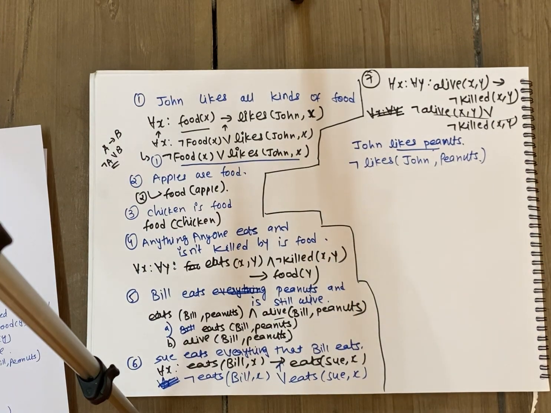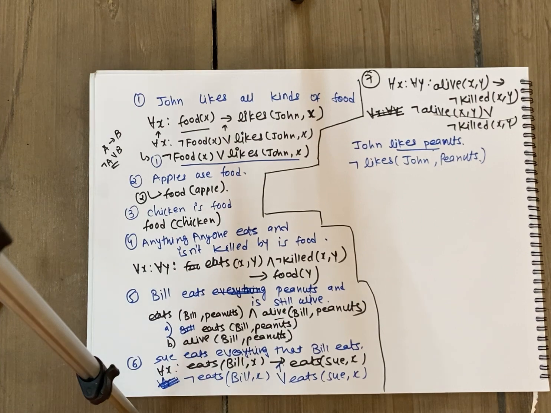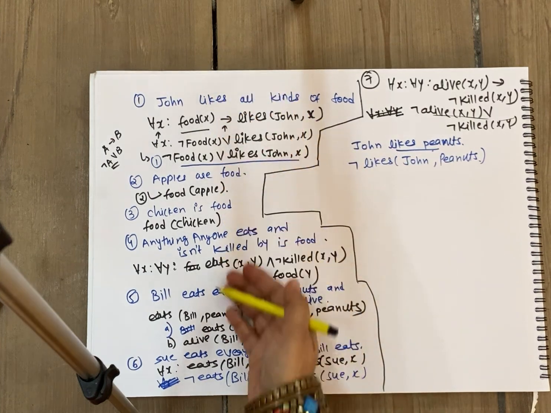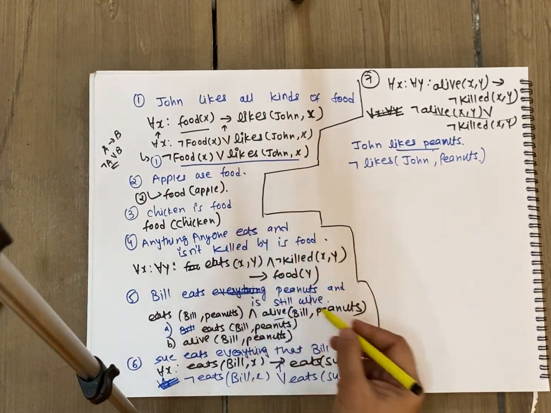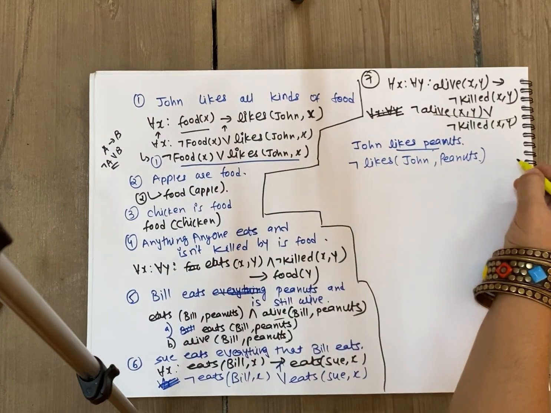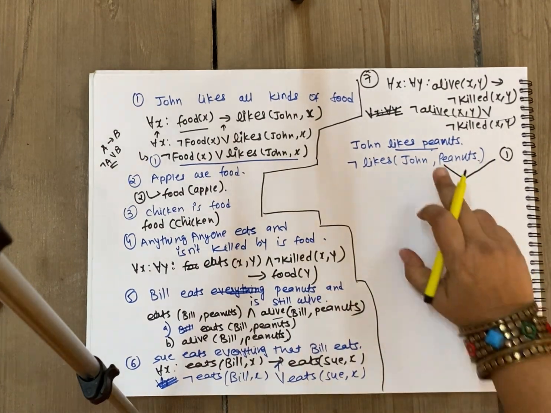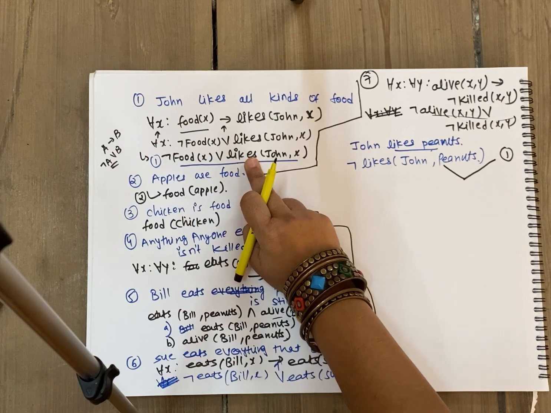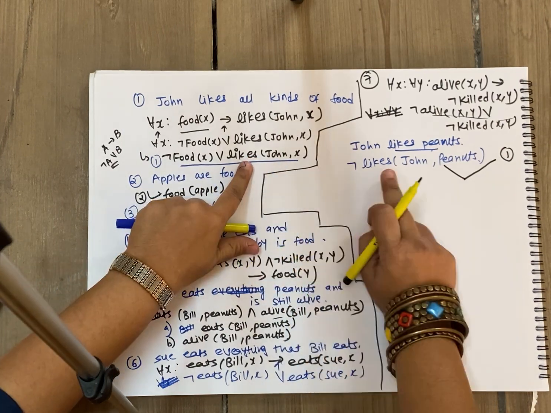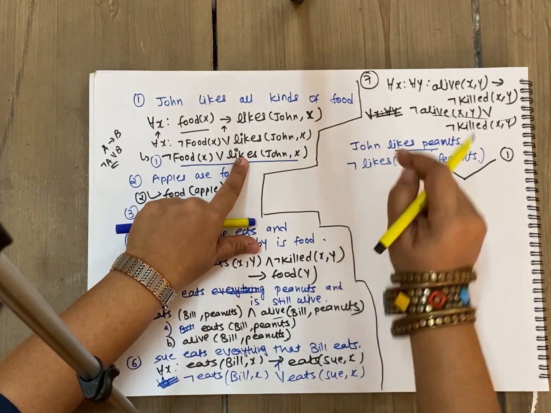Now whatever negated closed form we have, that is going to be considered as one of our parent clauses. The second parent clause we have to decide over here. As it is not likes, you have to search for likes in the clauses. So here where you have likes, yes, it is available in clause one itself. So clause one will be considered as the second parent clause. Why? Because you have not likes and here you have likes. When you take the pair likes and not likes, they are complementary literals, so they will be cancelled out.